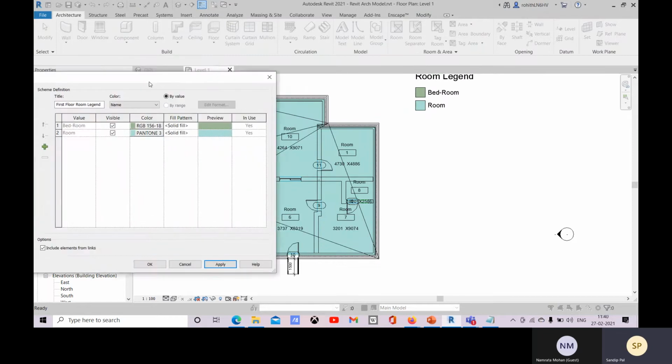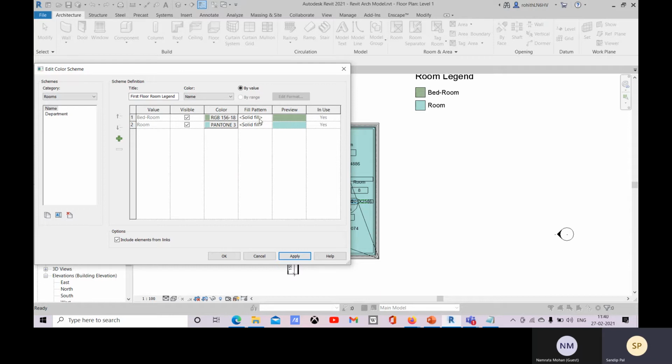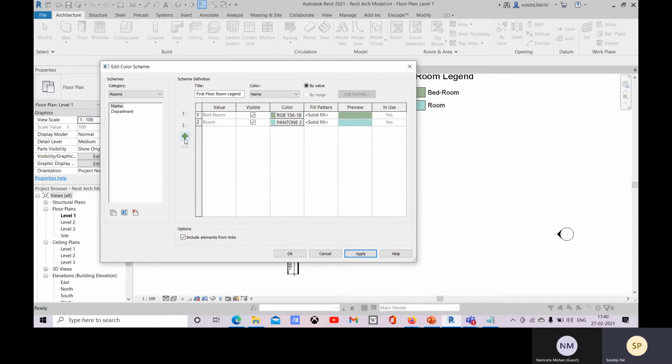Suppose you want to differentiate as per the area, so here you will have the area values with this color. And here you see this fill pattern, you can define this color. Now you can add one, you can add a value. Now let's go with this. Suppose let's create a path.